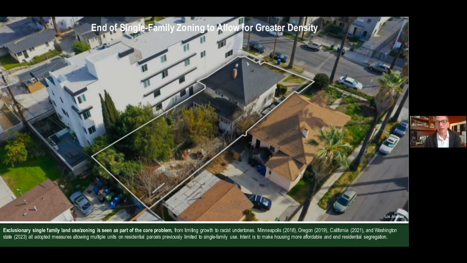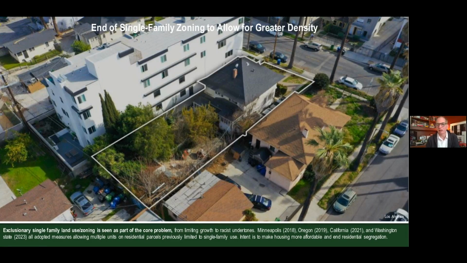This is what it looks like also, the other aspect of this, and I'll get into how this plays out from the legislative perspective, but this idea of single family zoning is not what it once used to be, a sacred aspect of land use zoning policy. It's now seen, especially by some, when we're talking about housing, as a core part of the problem: it's limiting growth, it's locking up land that otherwise could allow for greater density. There are also questions of whether it has racial undertones in its origin story, and all that is wrapped up in this conversation about single family zoning.